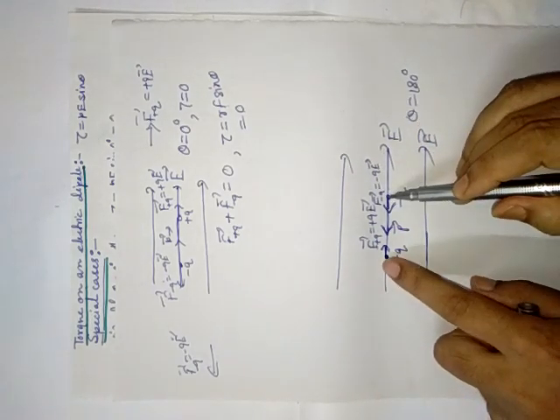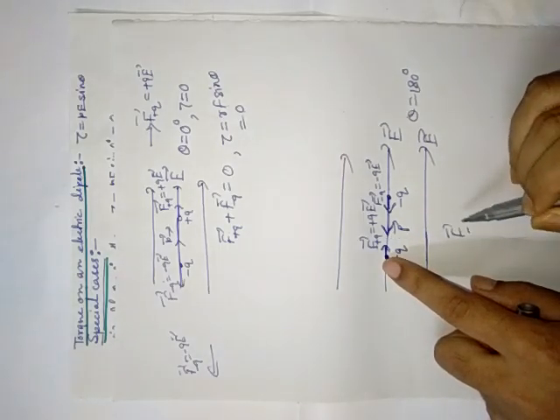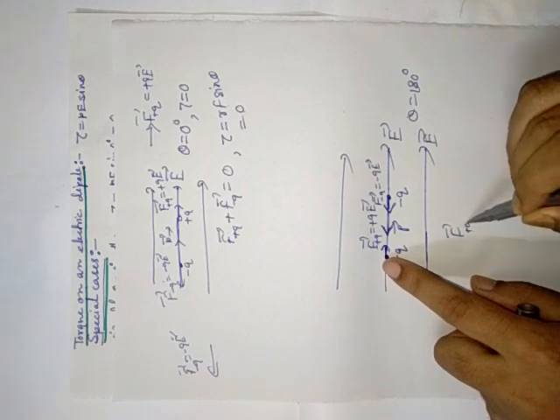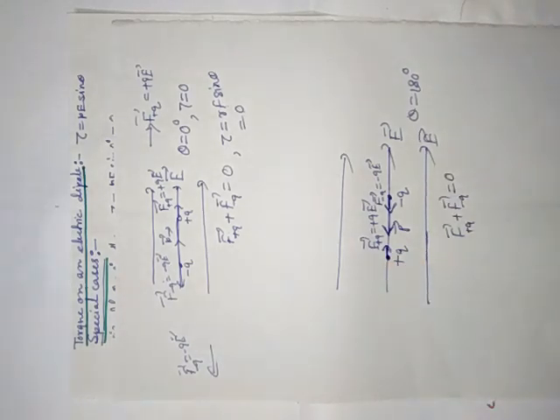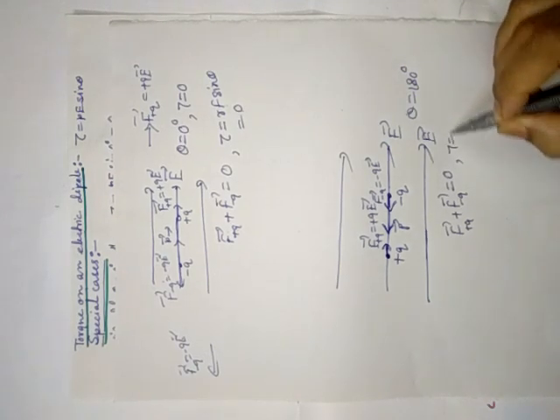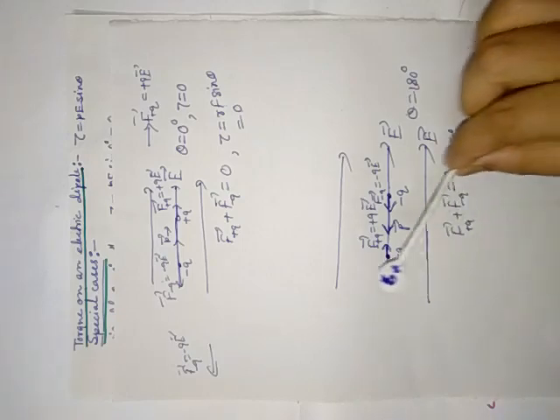But what is the net force? Again, what is the net force? This time also the net force is F plus q plus F minus q. If you add, you will get 0. That is why torque is also 0. But why is it unstable equilibrium? Equilibrium but unstable. Now you will understand in a better way.